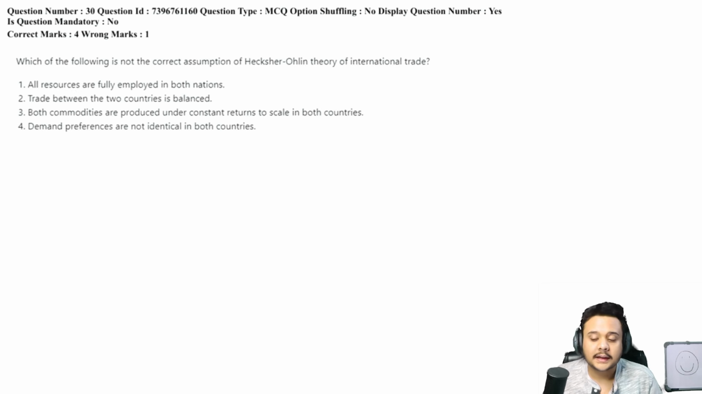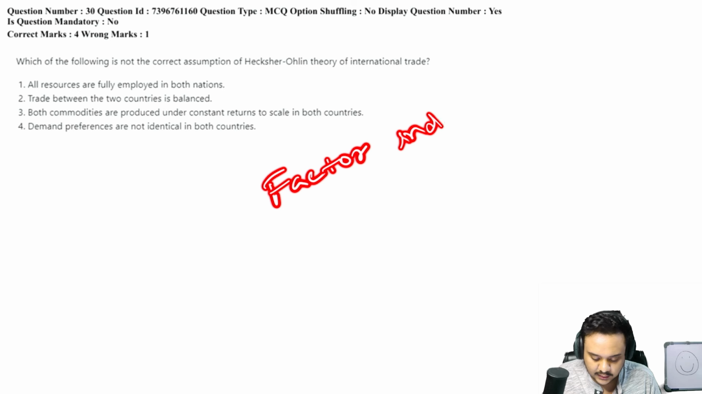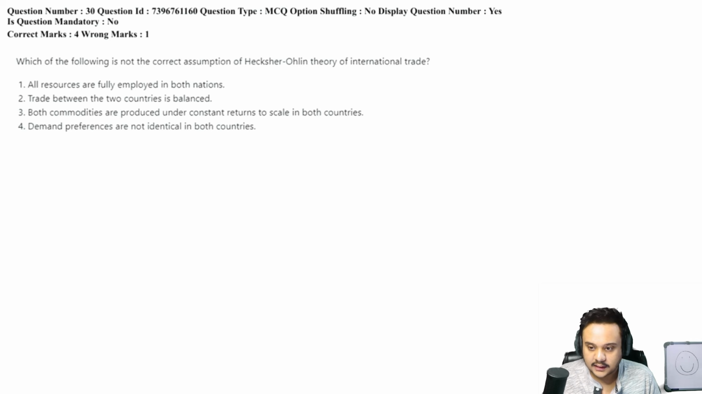Now look at the 30th question, which says which of the following is not the correct assumption of the Heckscher-Ohlin theory of international trade. Very important, again, all of the assumptions and the model itself. In the Heckscher-Ohlin theory, we are looking for factor endowment differences. So there are differences in factor endowment, nothing else. For example, when we talk about Ricardo, we say that there are differences in technology, because of which, even though we are